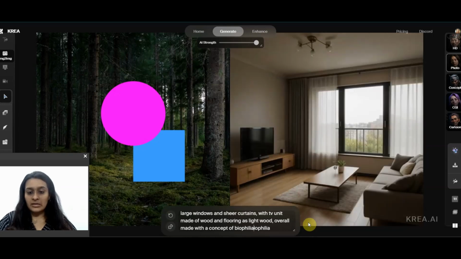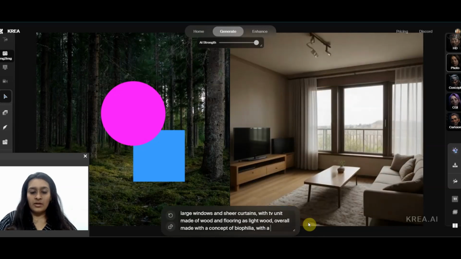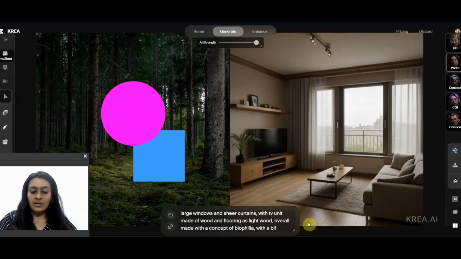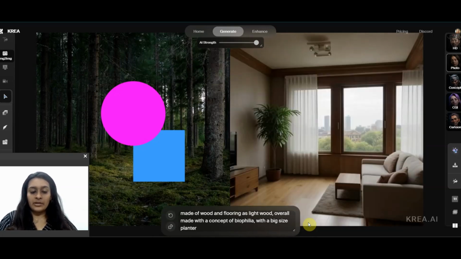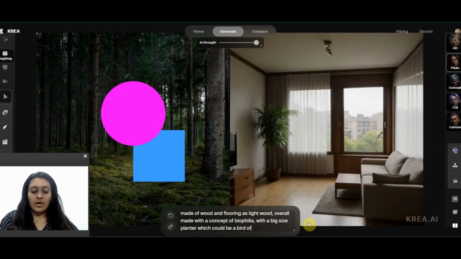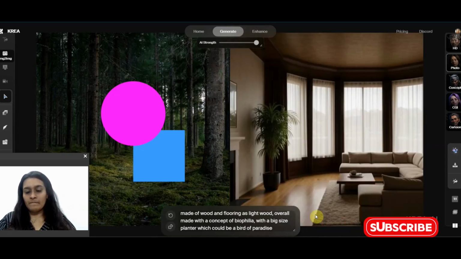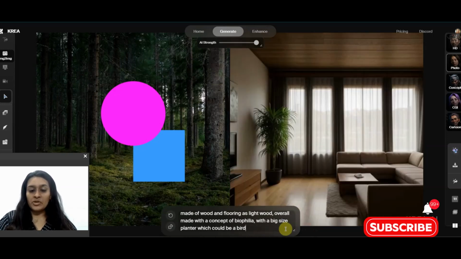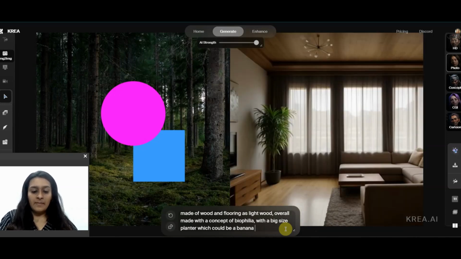All right, biophilia with a big size planter, which could be a bird of paradise, which could be a banana plant.